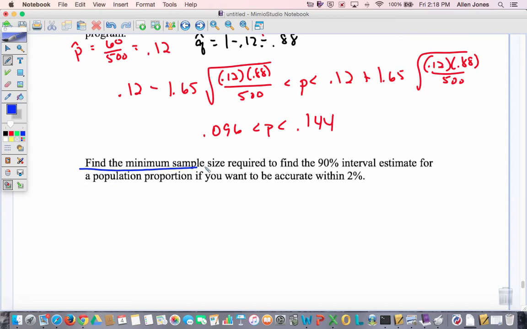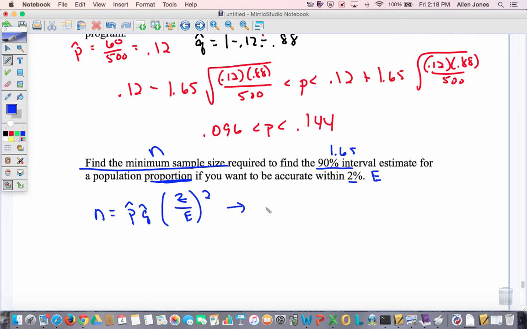Find the minimum sample size. So notice how the directions are different. Find the minimum sample size, or N. So I'm going to put that formula back down for us again, just so we can say we've seen it a second time. P hat times Q hat times our z-score over our maximum error of estimate, and we're squaring that value. So in this case, our 90% is our 1.65 for a population proportion, so that tells us to use this formula, not the one we had back for our mean,